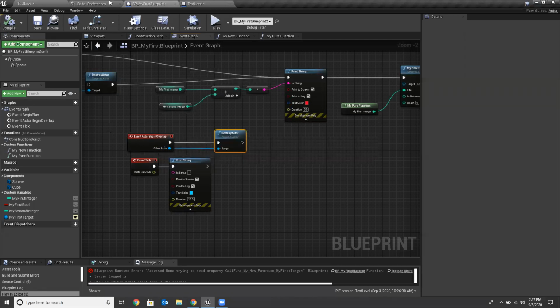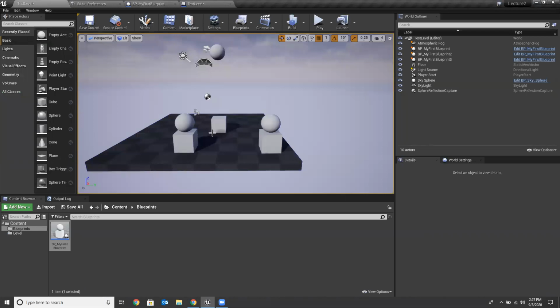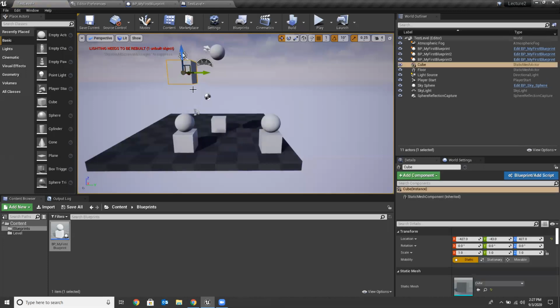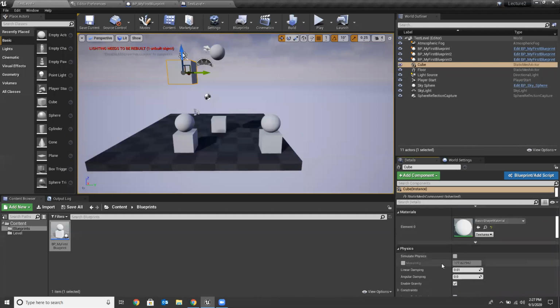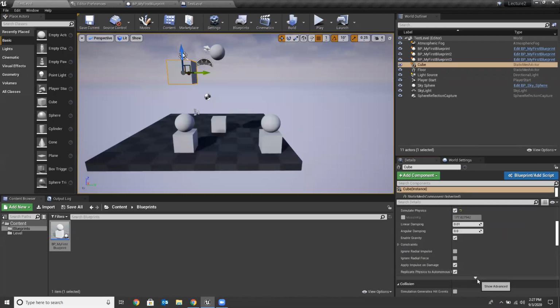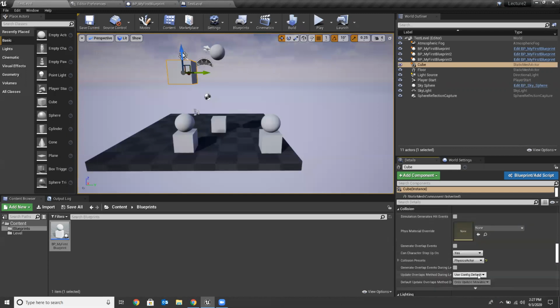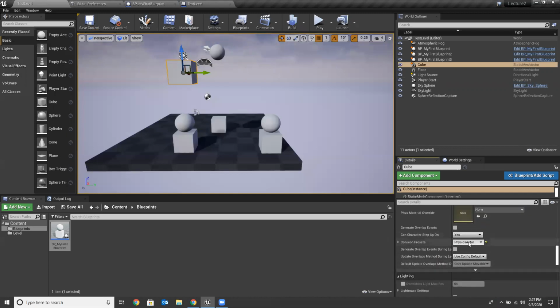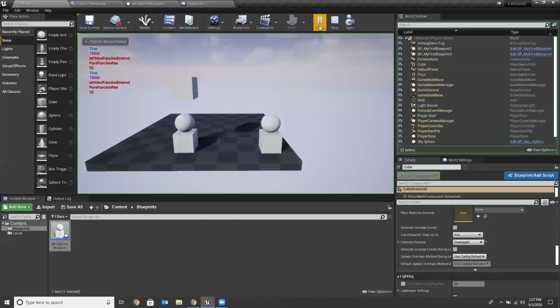So if this blueprint object collides with anything whatsoever, what I'll do is I'll just place a cube over the object here, and we'll turn physics on for that. Simulate physics. And we'll make sure that I've got the collision settings set up correctly. Physics actor, it should work, maybe. No, I'm going to change that to overlap all so that we actually do run that begin overlap event. All right, so when I hit play from here,